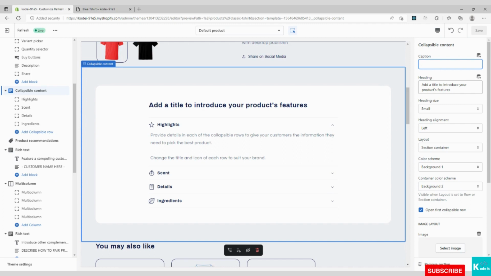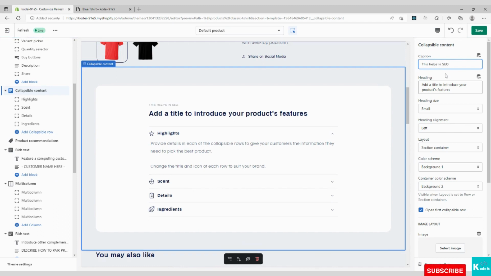Like, I have written, this helps in search engine optimization, SEO. We can see the text over here. But since we already have a heading, we shall not use this caption because the size of the caption is smaller as compared to the heading. So let's get this removed.